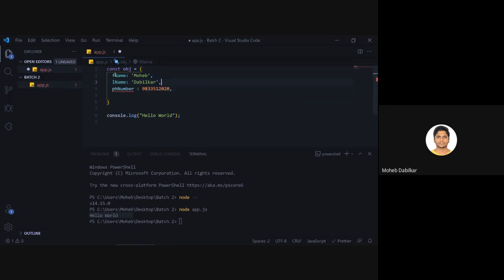Then you can carry out a function inside this. You can just say fullName equals, it is a function, right? Sorry, it should be like this. And then inside this you can just pass in console.log fname plus lname. Okay, so this is how you create an object. We won't be using functions inside an object, so let's just backspace it out.